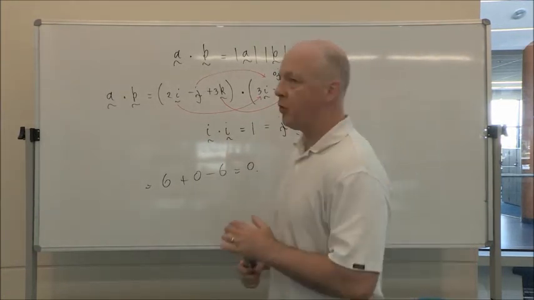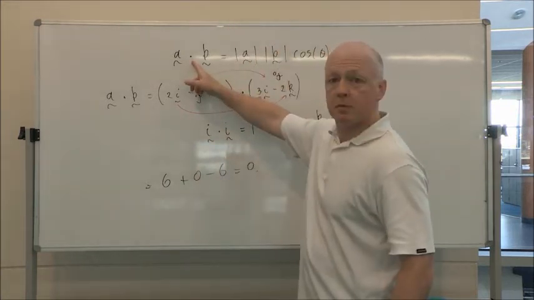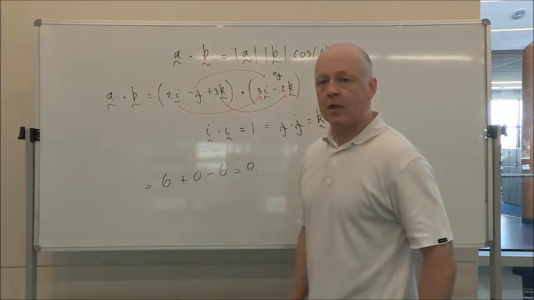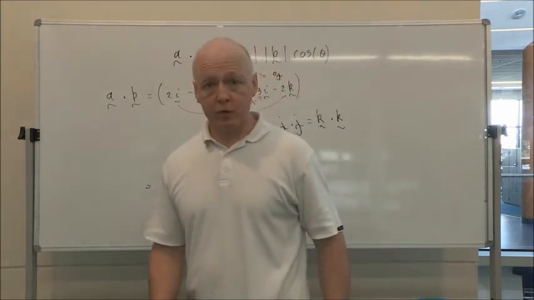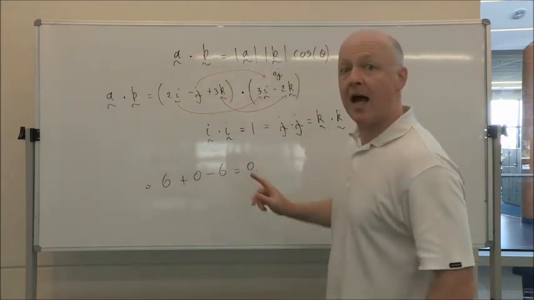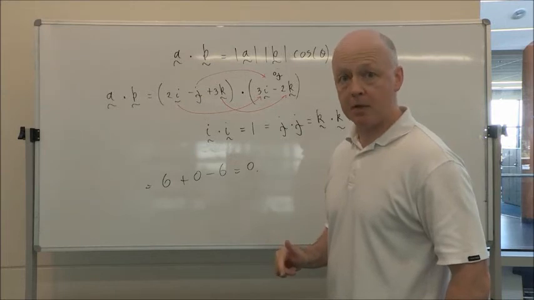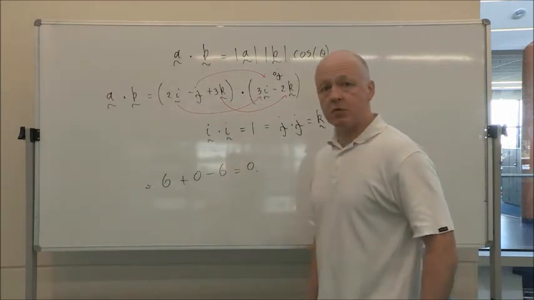A couple of things I want to point out. It's called the dot product because there's a dot between the two vectors. It's also known as the scalar product because the result of doing this particular multiplication is a scalar, a number. You always get a number. Now, the fact that the dot product is equal to 0,